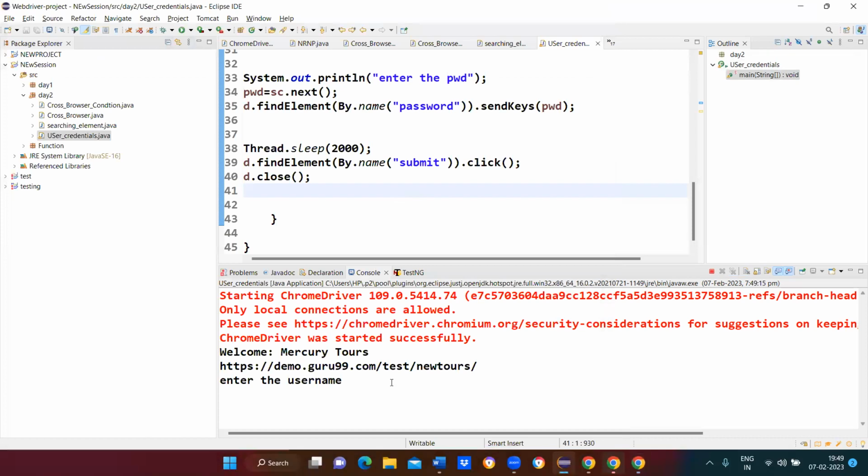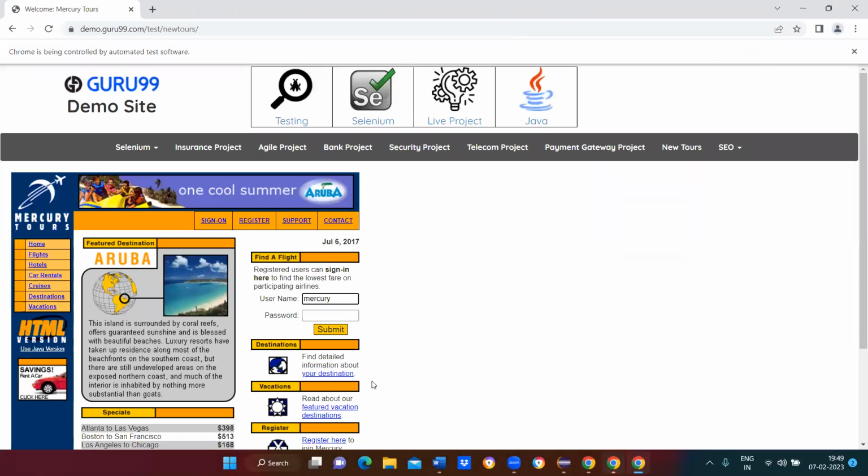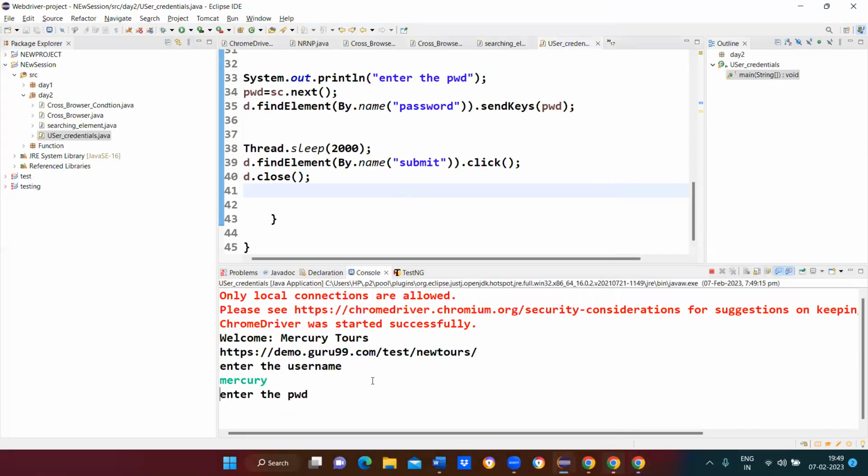Right, it is going to ask you to enter the username. Mercury. Got it? Now similarly I want to enter the